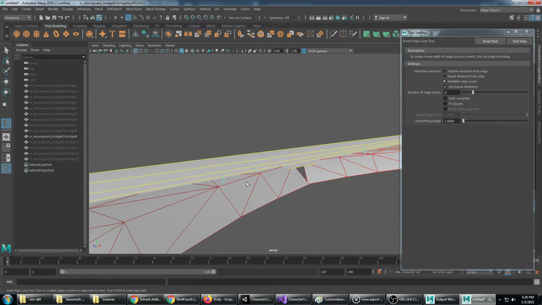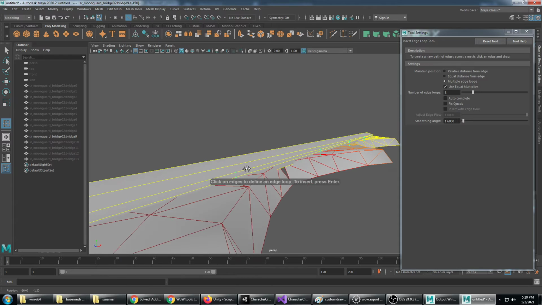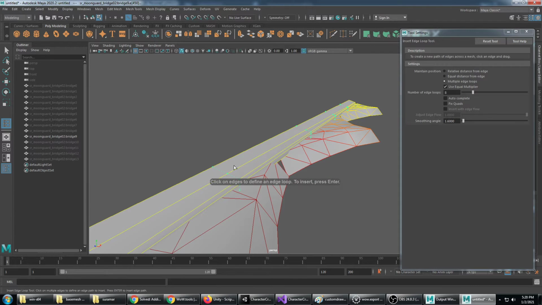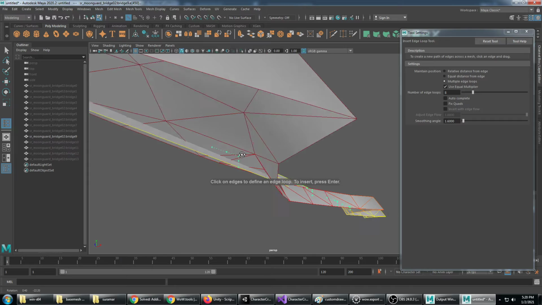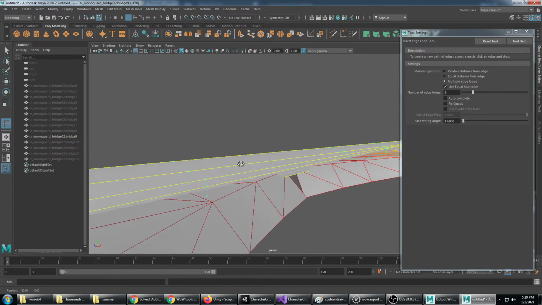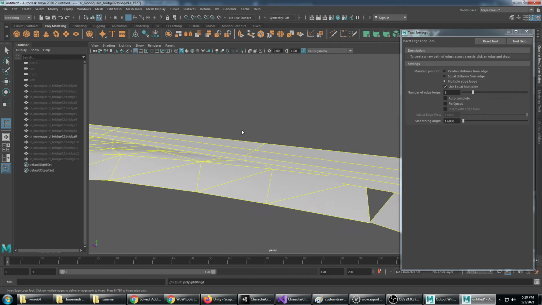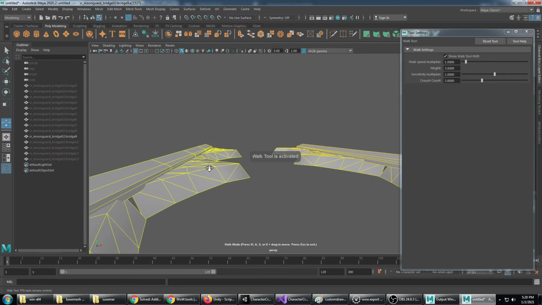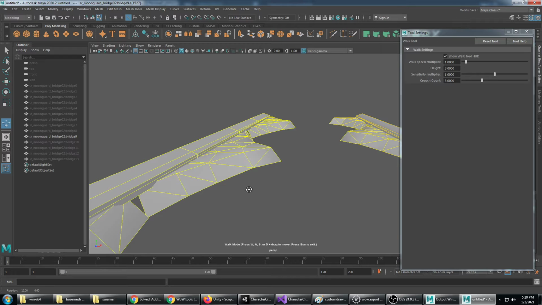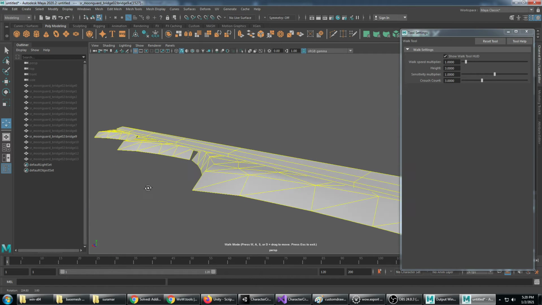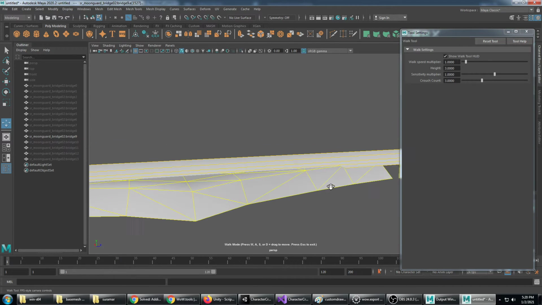I can see, there we go. There we go. Just have to look for that green cut, and I've clicked on all of the edges, and so I'm going to press enter, and looks fine. So over here, same thing, just going to